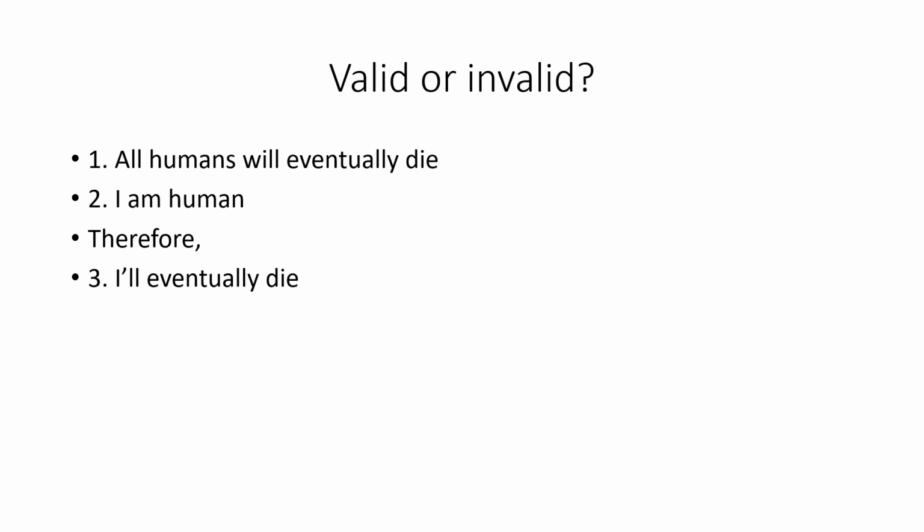If I was to say there was some kind of gene or technology that could make me live forever even though I'm a human, then it wouldn't be true that all humans will eventually die. So this argument is valid because we cannot think of any circumstance where both premises are true, but